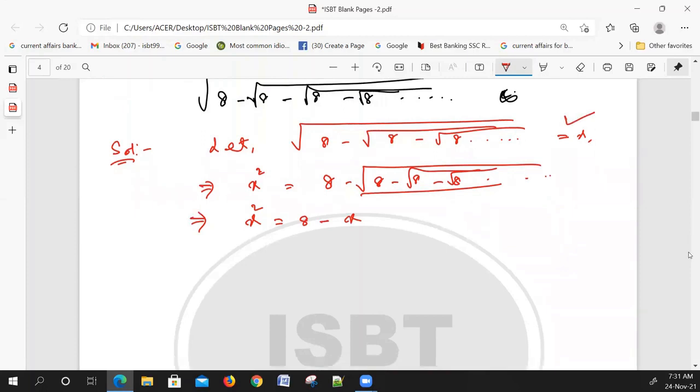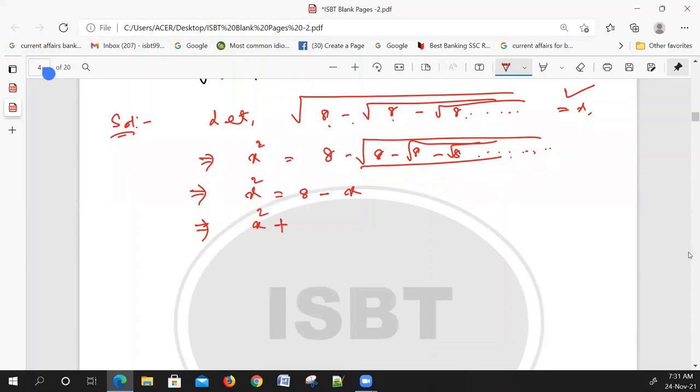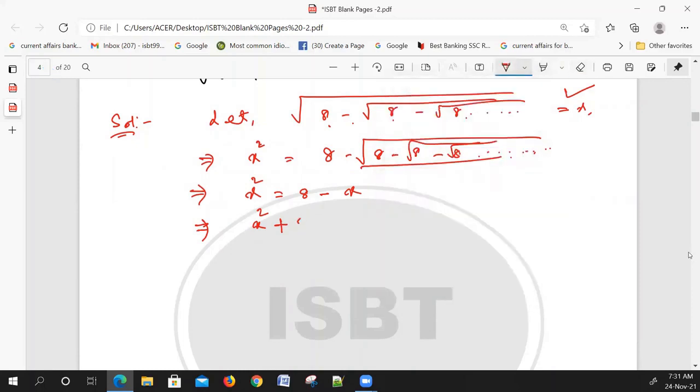Since it is infinite, 8 minus 8 minus 8 minus 8 can be written as minus 8 minus 8 minus 8 minus 8 up to infinity. So in the next step, x square plus x